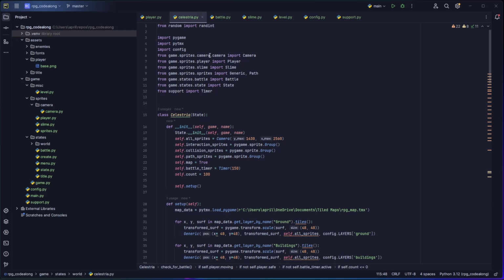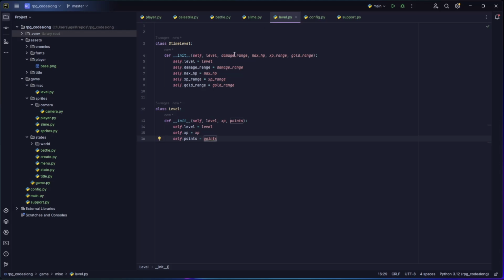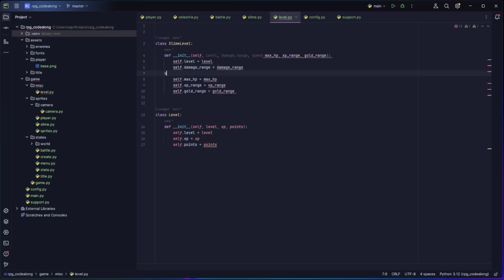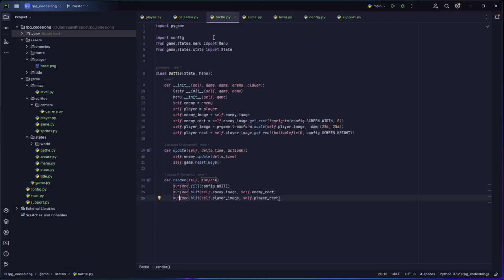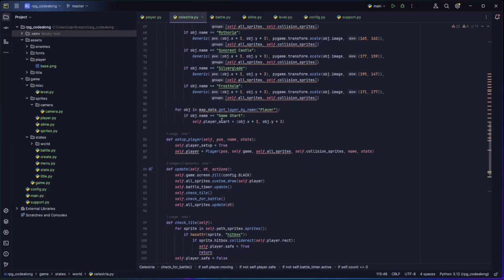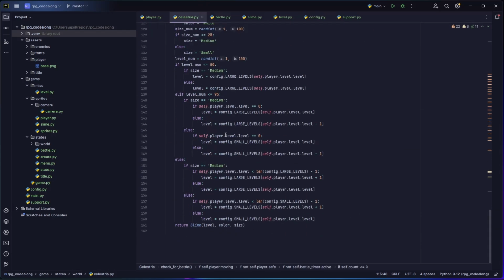So to get started, I need to add something to my slime level class, and that is going to be the speed. So we'll say self.speed equals speed, and that needs to be indented, and I forgot a comma. Okay, there's that. And let's see. Now we will go to battle, or no, to Celestria, and when we create our slime, we'll pass in, nope,